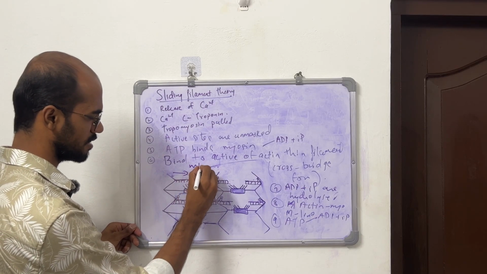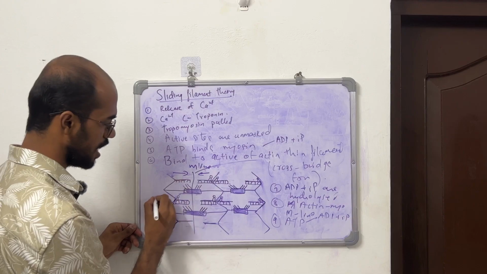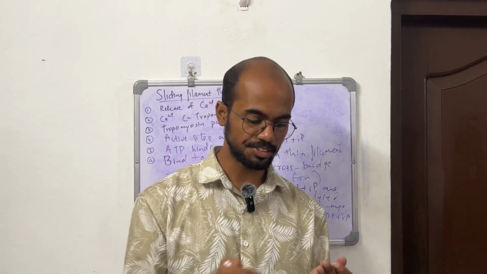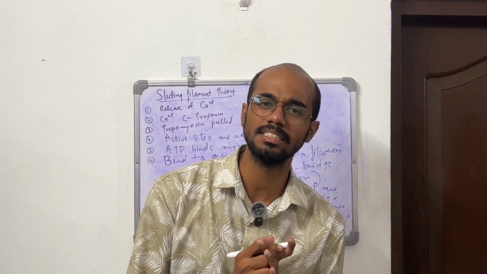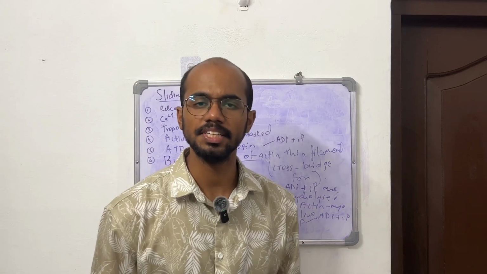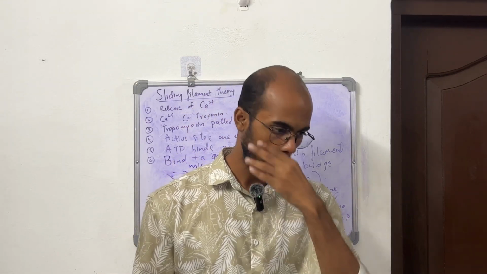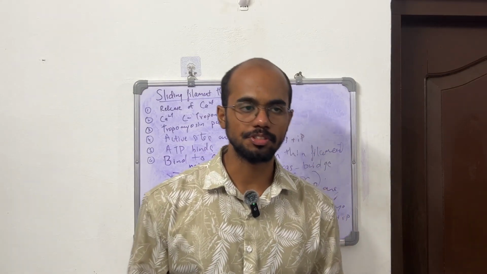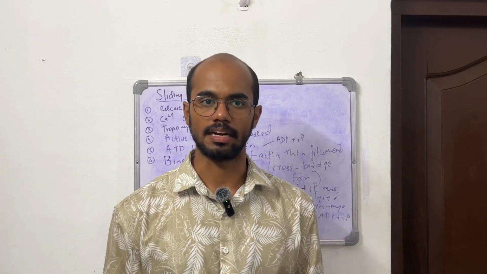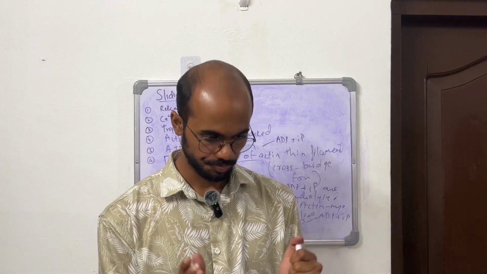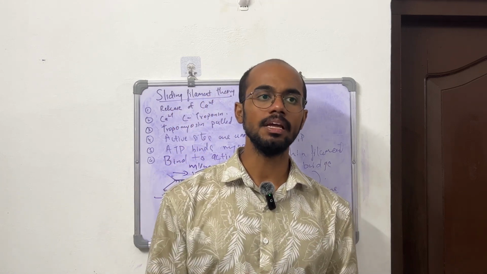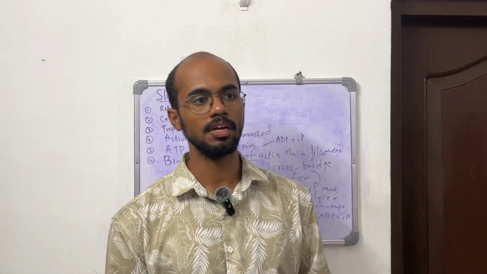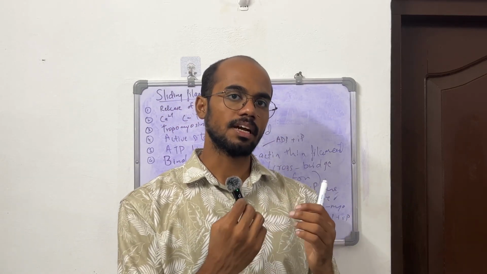This is the M line, right? It is pulled towards the M line. Okay, now let us discuss a clinical aspect related to this. When a person dies, what happens? The existing ATP in his body is used for muscular contraction, right? So, using the existing ATP, new actin myosin bonds are formed, new actin myosin complexes are formed, and muscle contraction